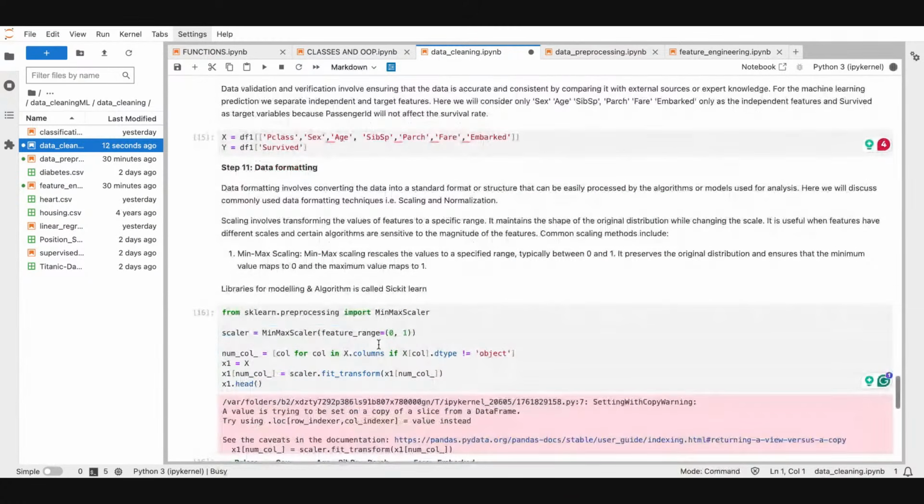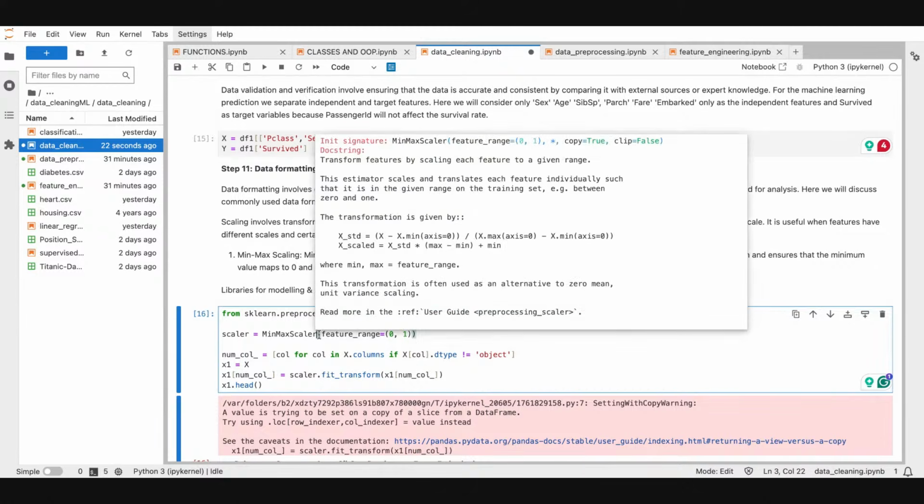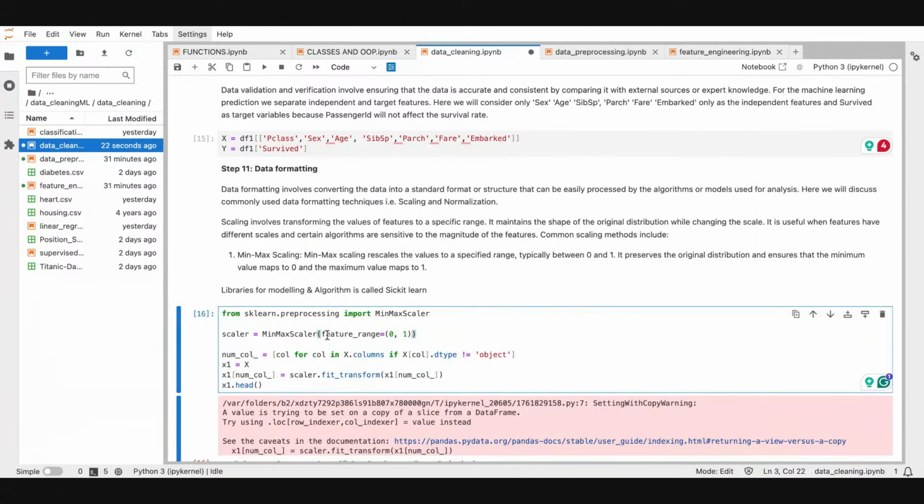But what I wanted to show you is that when you are working with a library, once you are sure you have imported it like this, when you call that particular method and you do shift tab, you'll be able to see all the expected parameters there. Shift tab is what I press, because most times you might not even know what a particular library can do. But when you call it yourself,